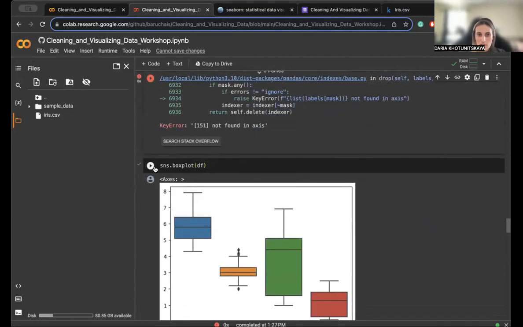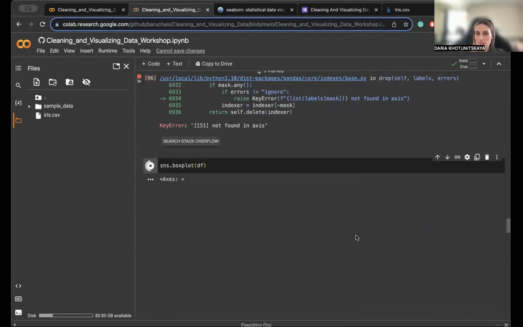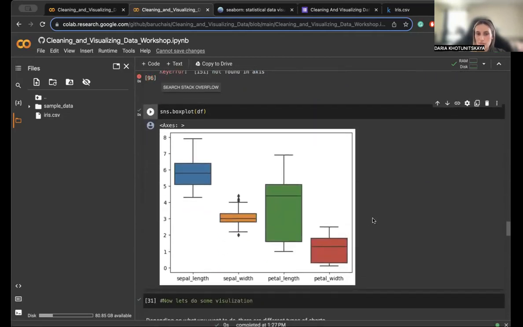But it's already dropped, and the way that I can check that is, bada bing, bada boom, running the box plot again, and as you can see, no outliers. Now, in terms of the sepal width, sorry, you can see that there are still some values that are out of the